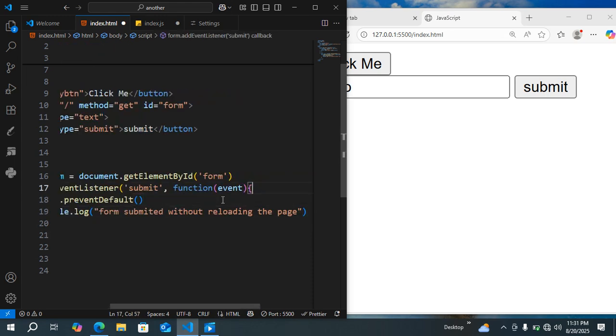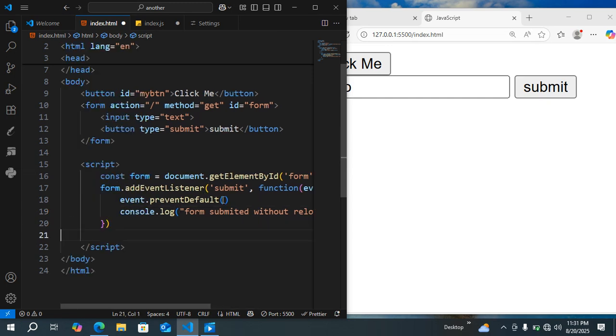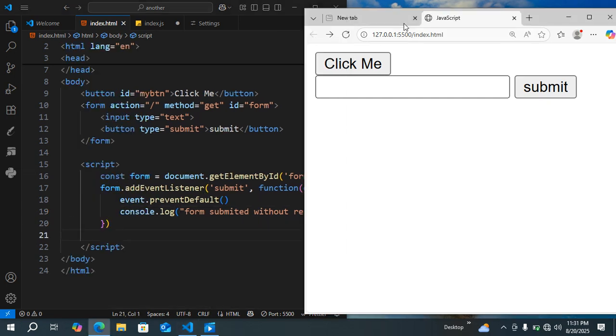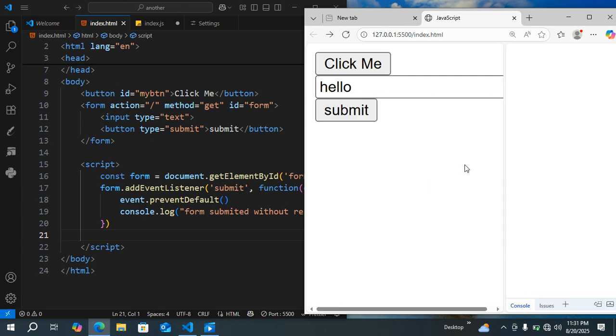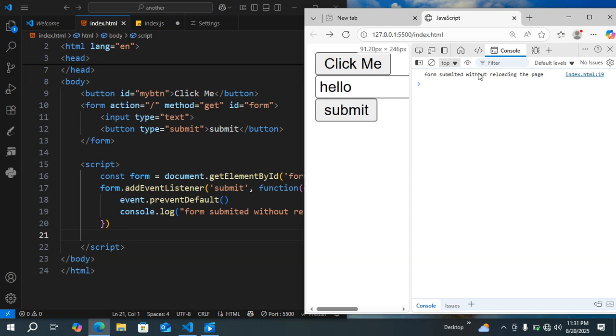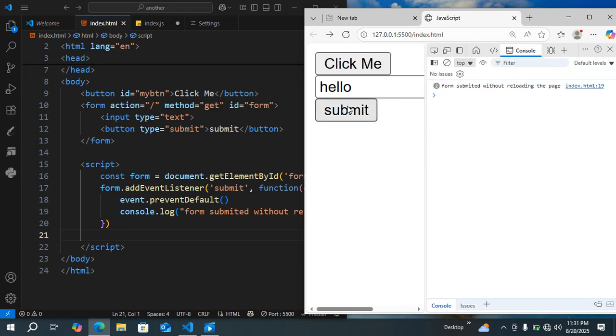Okay, so if we do that and we try to save our file, let us save. Then here let us try to submit. Hello. Then if we try to submit like this, as you can see, we try to submit, but nothing has happened. So let us go in the console by pressing Ctrl+Shift+I. It is going to open up, and as you can see, form submitted without reloading the page. Okay, so if we try to press it again,